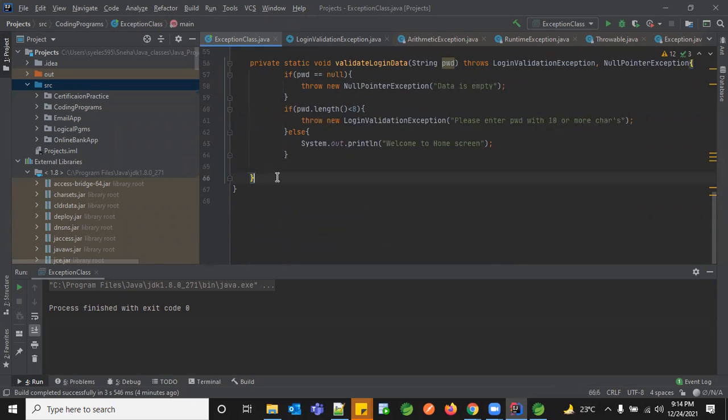So checked exceptions are checked at compile time, which can include file not found exception, null pointer exception, array index out of bound exception. These are things which can be checked initially and we can handle them. If we are not in control, then they go into the runtime exceptions. So that is where checked exceptions come into the picture.